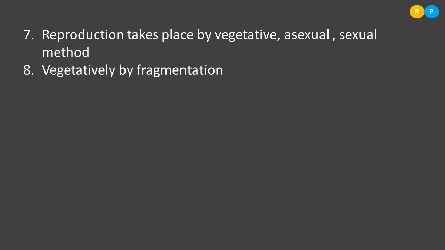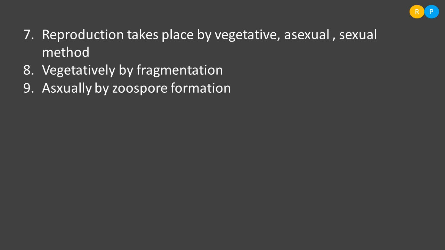each piece formed from the parental body is named a fragment. Understood? Each fragment has the ability to develop into a new Spirogyra in future. This kind of reproduction is called fragmentation. When the fragments are involved in the formation of new algae, that reproduction is called fragmentation. Because the fragments are vegetative parts of the organism, this kind of reproduction is called vegetative reproduction. Understood, right?